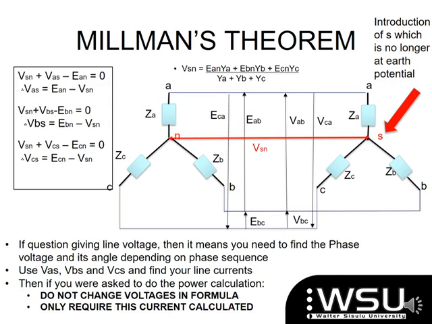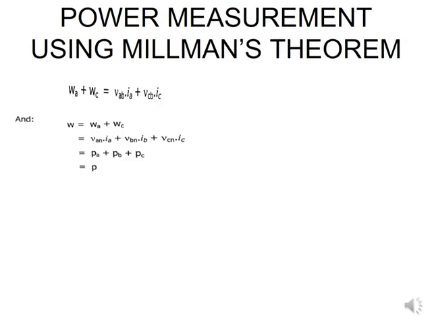So you don't go and replace your VAN with VAS. The only thing you utilize there is your line currents, which is what you have worked out from Millman's theorem. So let's go to the next slide so that it becomes clearer. Here I'm showing you that your VAB would have still been your line-to-line voltage that you had initially, as so as your VCB, you must remember that is your VBC at 180 degrees plus of that angle,